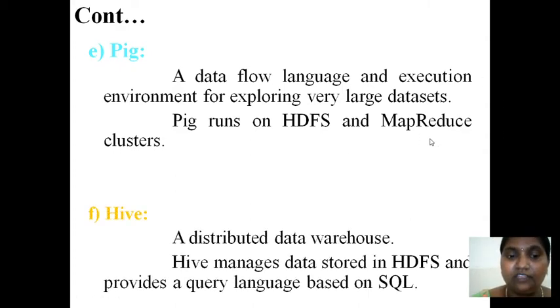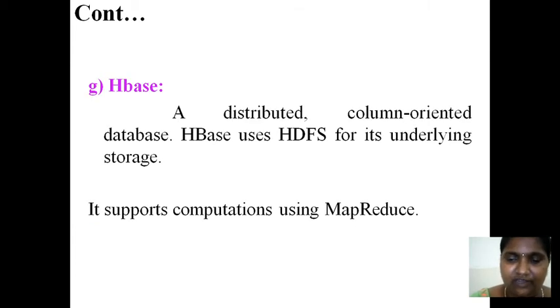Next one is Hive. Hive is for when some people want to access their storage or processing in terms of SQL, in terms of queries. If that is the case, the Hadoop framework provides Hive, by which we can access your data based upon your queries. Next one is HBase. HBase is like an Excel sheet, we can say. Whenever you need your data in a column-oriented database, it provides HBase.